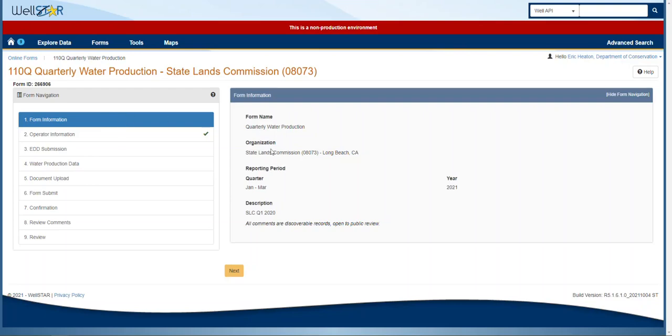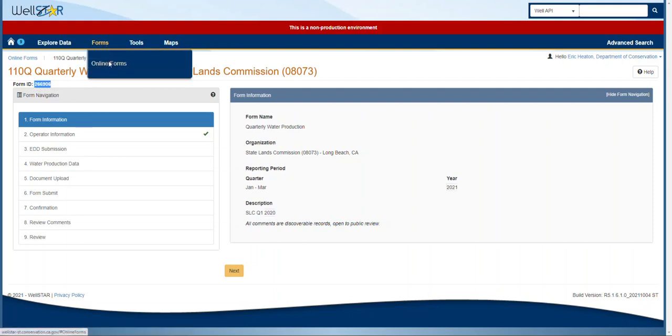Going back to Section 1, just to note that the organization, quarter, and year information that has been inputted cannot be changed. If you find that the information is incorrect, and you have inputted the wrong year, the wrong quarter, or the wrong organization, please start a new form with the correct information. However, we can change the description, and as you see, we are reporting for the year 2021, and our description shows 2020. To be able to correct that information, we'll take the form ID, which I can copy here,